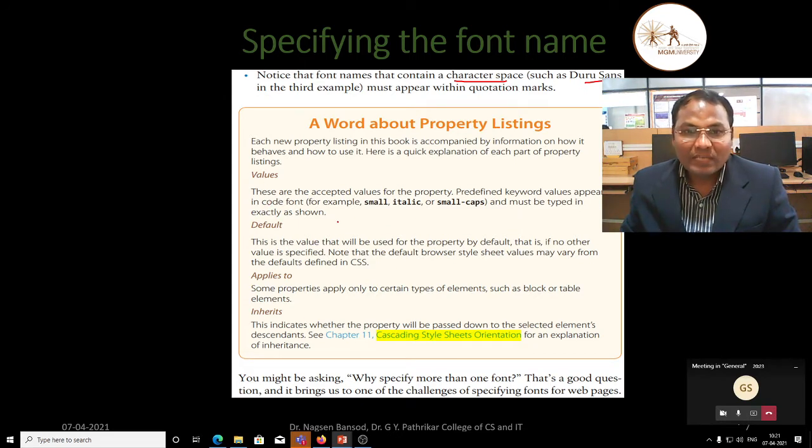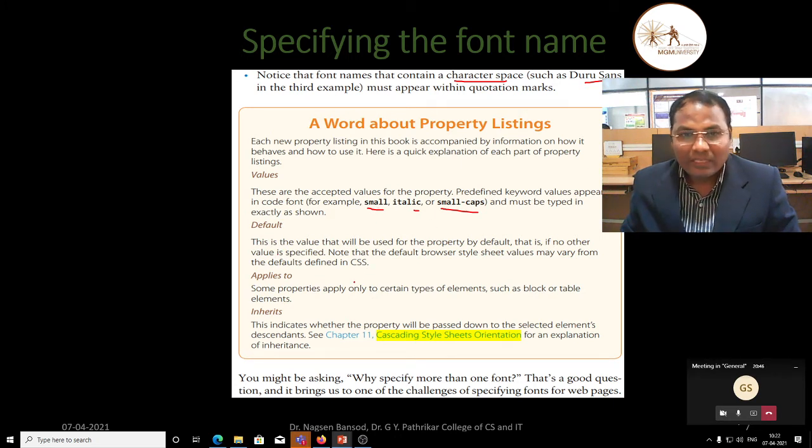Values are the acceptable values for the property. Predefined keyword values appear in the code font. For example, small, italic, small caps, all these are values and must be typed exactly as shown. We have to write exactly like this.